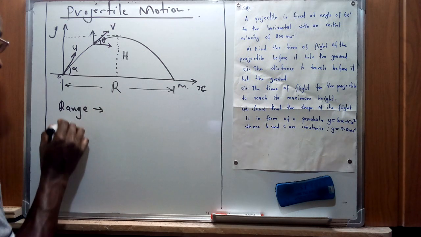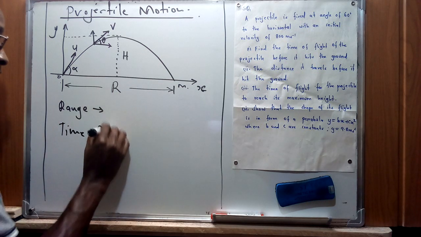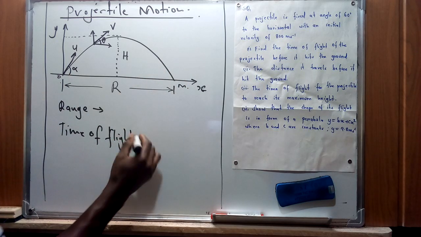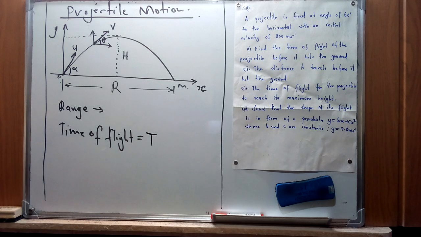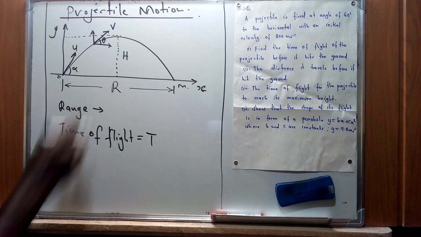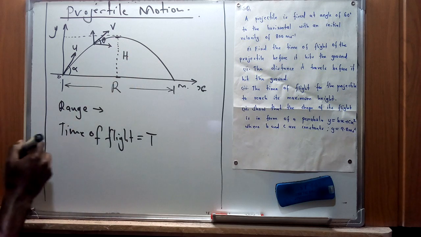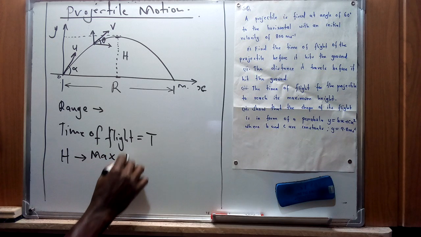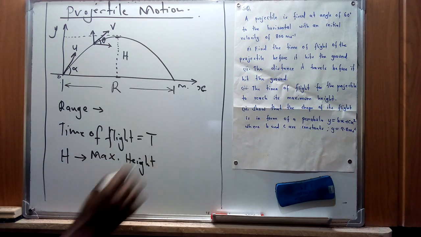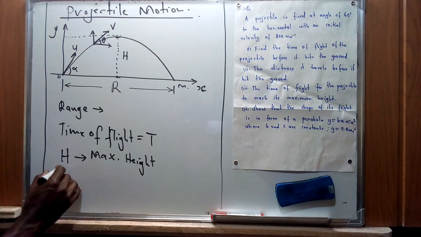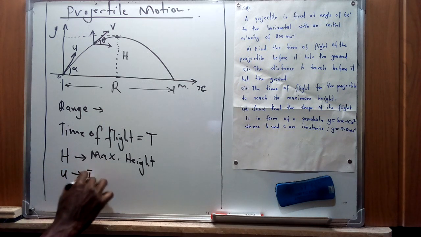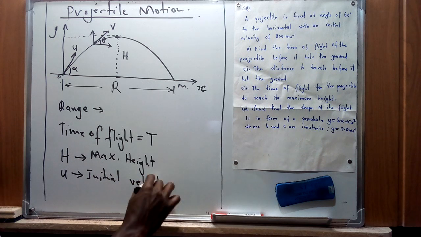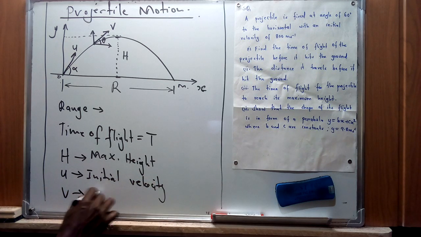We have also been asked to find the concept of time of flight. This is the total time that the object takes to move from point O to M. And the h that I've denoted using the capital H at that specific point refers to the maximum height that is reached by that specific projectile. As I said, u denotes the initial velocity with which that projectile is moving, and then v represents the final velocity